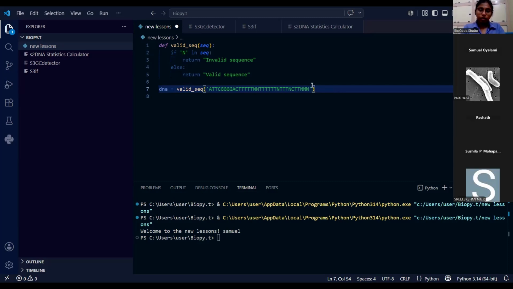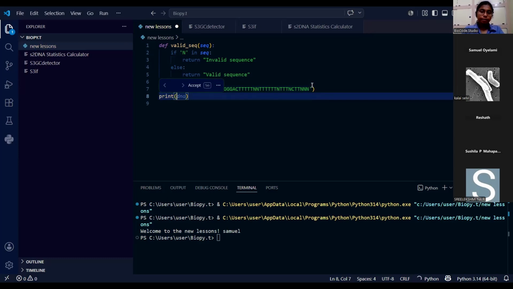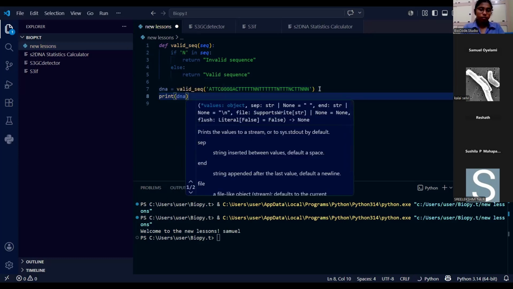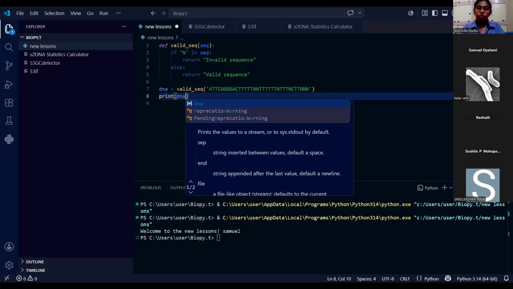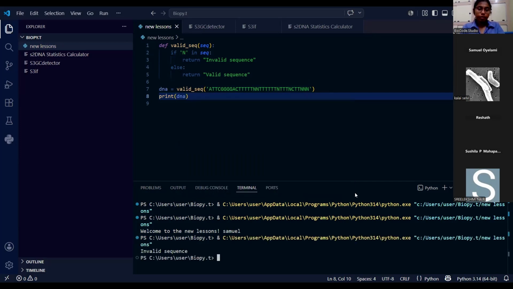If I run it now, it says invalid sequence. Why? It contains too many N's. So if I remove that, if I add another,